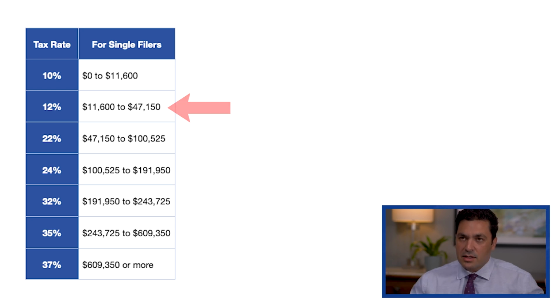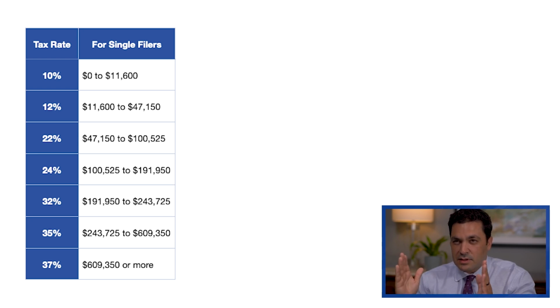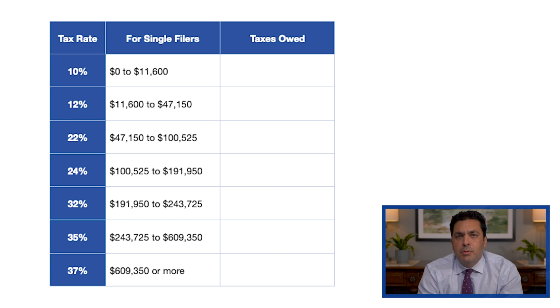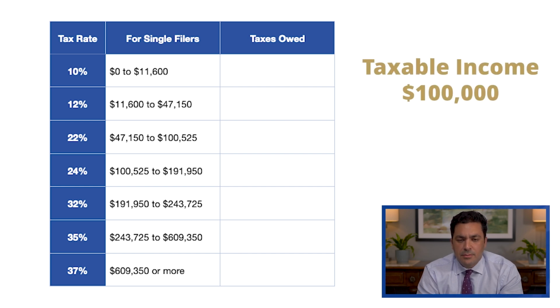The whole amount of money you make doesn't get taxed at 12%, just that amount over $11,600. When talking to people, some people worry about making extra money and then they think they're going to fall into the next bracket that taxes all their income at a higher level. That's not true. It's just the next bracket you get into, only that extra amount gets taxed at the higher income bracket. Again, let's do an example of somebody who makes $100,000, how much they're going to pay.